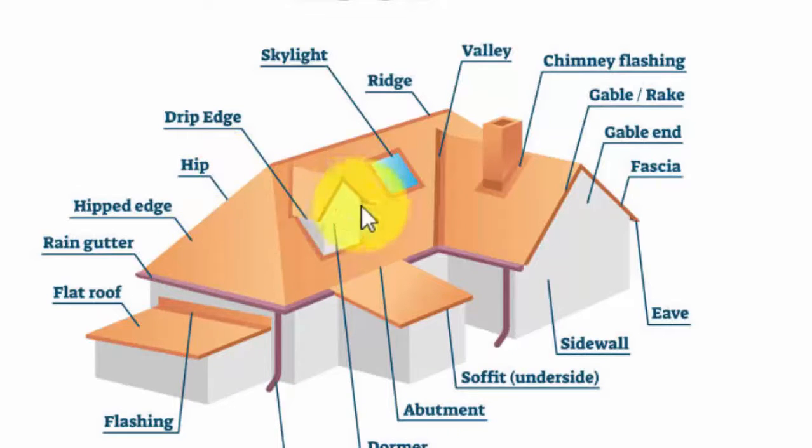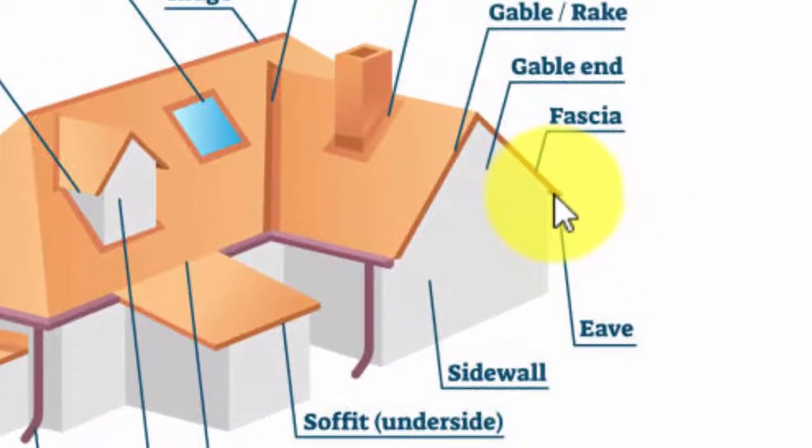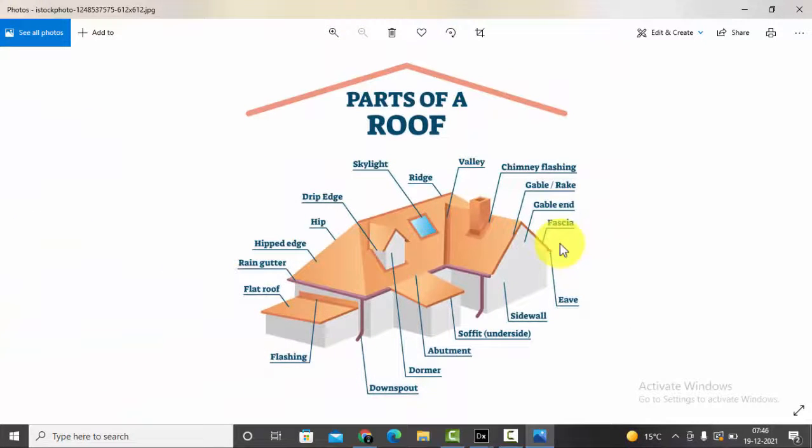Then we have a dormer, we have a skylight, we have a chimney. Okay, this is slightly, it's not totally flat, it's slightly inclined. Next, where we have two roofs meeting, like here our double pitched roof and our hipped roof, where these two are meeting there is a valley. Okay, so these are different parts of the roof. There is also the eave. Eave is nothing but the extra part of the roof you see here extending from the wall. So these are the different parts of a roof.